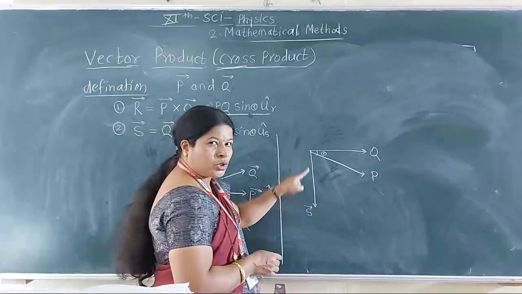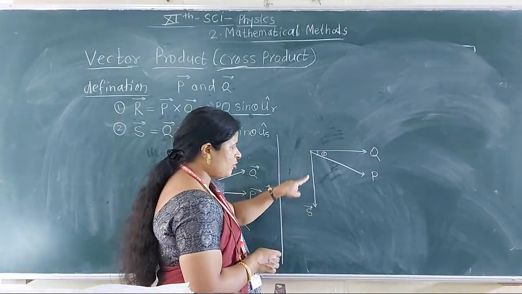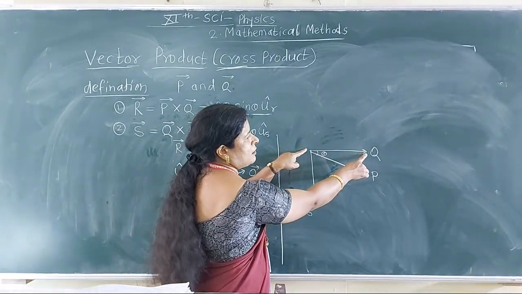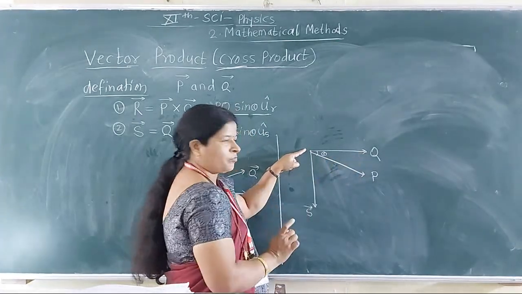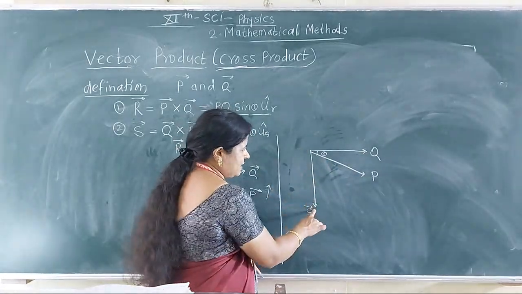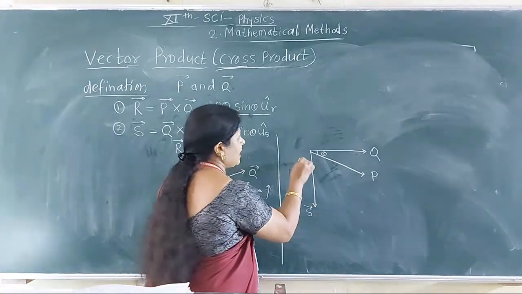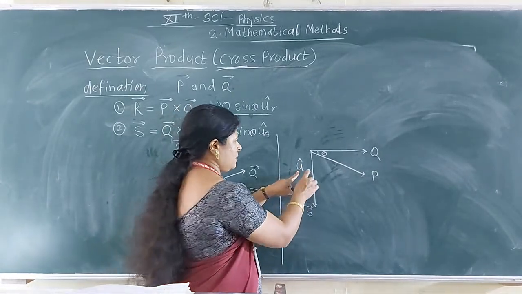Now, as shown in this diagram, the direction of vector s is perpendicular to the plane of the vectors q and p. This resultant vector s has a unit vector u cap,